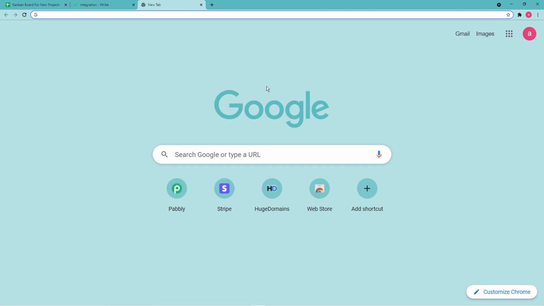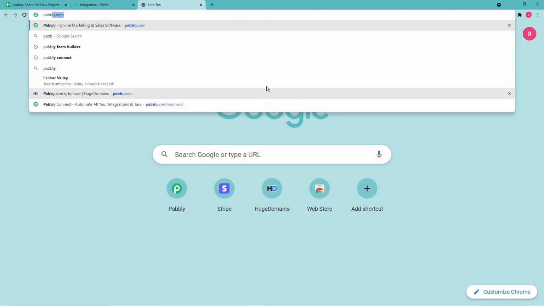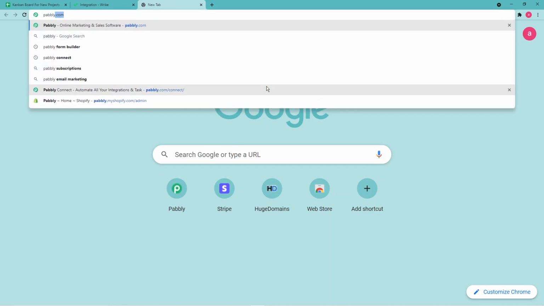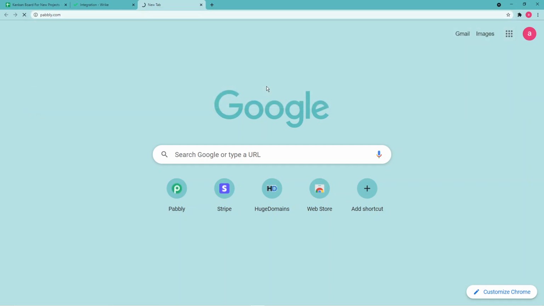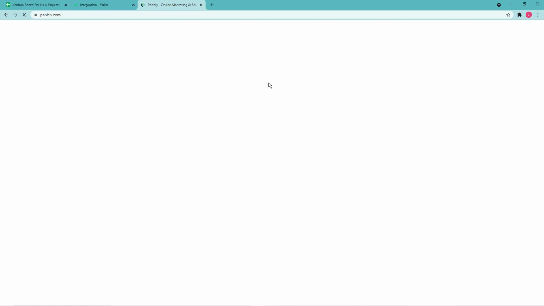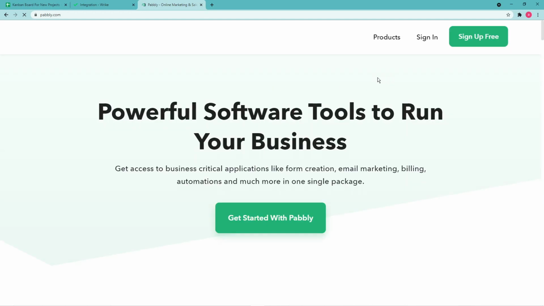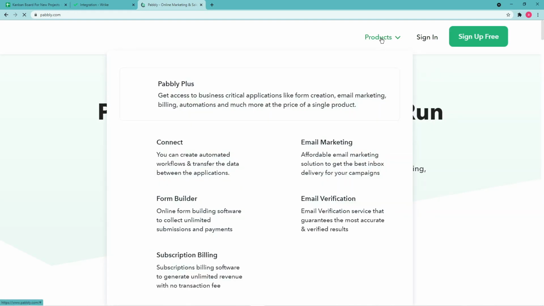So our first step would be to open our browser and type pabbly.com. Alright, so this is the website of pabbly.com, and from here you have to come to this products option and find this connect button and click on this.